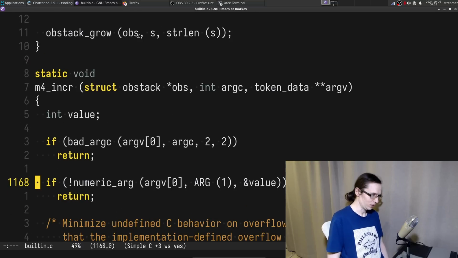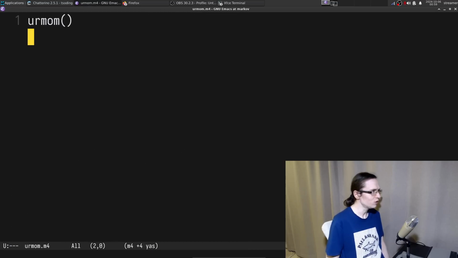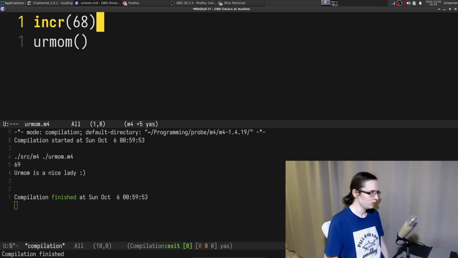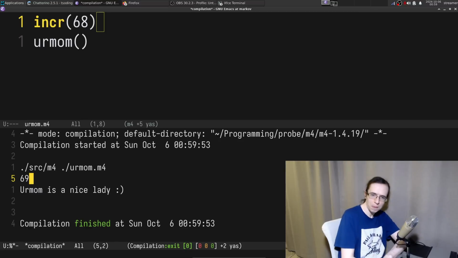Wait a second, that means I can do something like this. Can I do incr? It even highlights that 68. Okay, that is very nice. So you can have counters. Bravo. You can have counters in this.